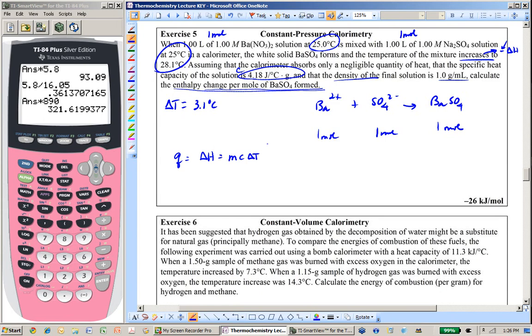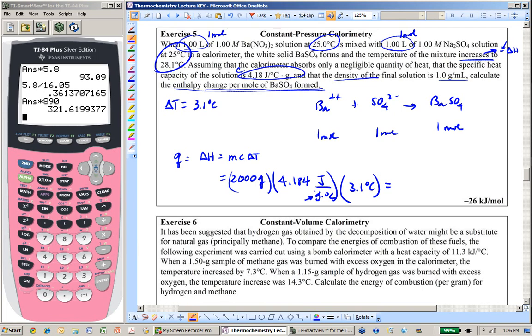Well, what's the mass of this whole mess? The mass of this mess is the fact that 1 liter is 1,000 grams and 1 liter is 1,000 grams. I have 2,000 grams taking place here. And that times 4.184 joules per gram degrees C times my temperature change of 3.1 degrees C. See, I had to come back to grams of solution because of this gram right here. If they had given it to me in moles, I would have been happy using the moles, but it didn't